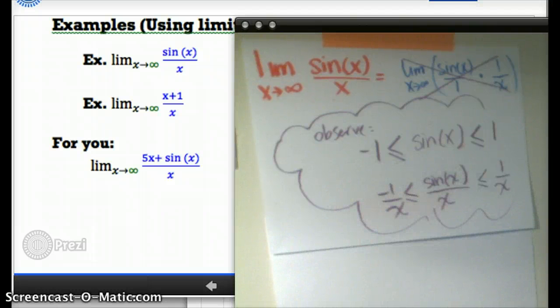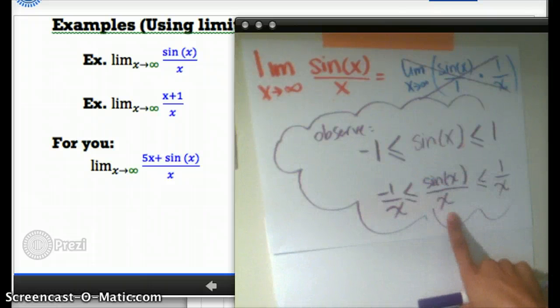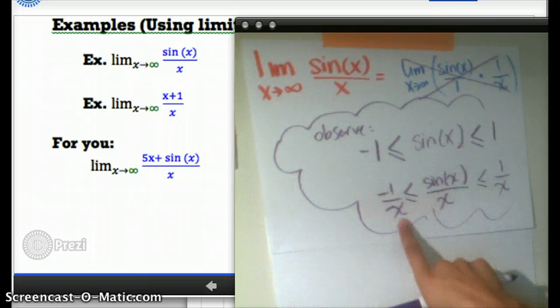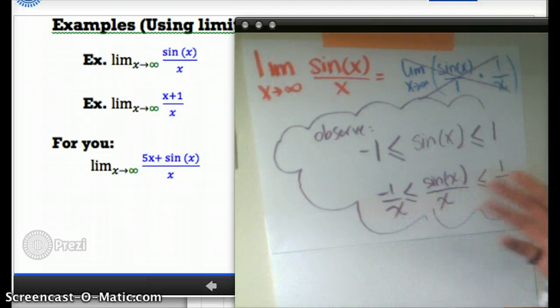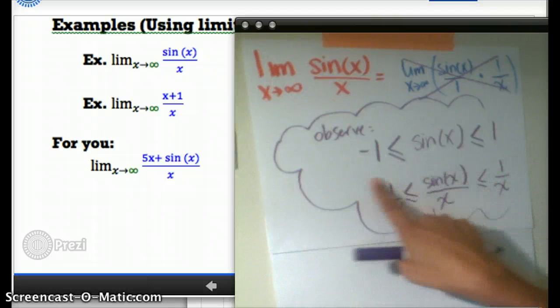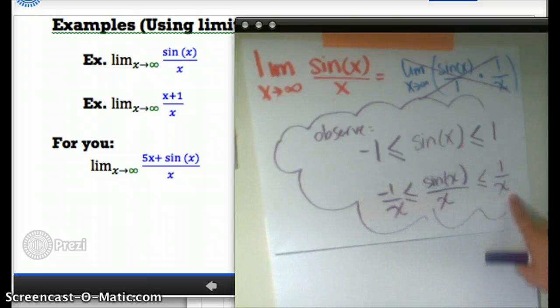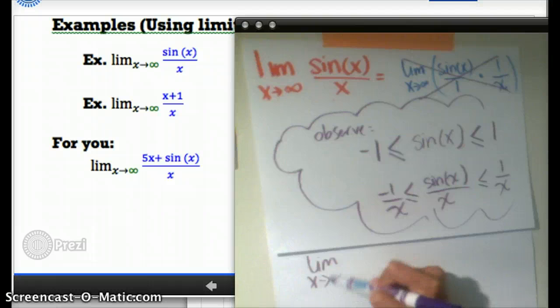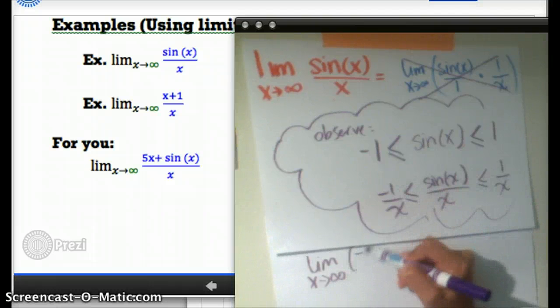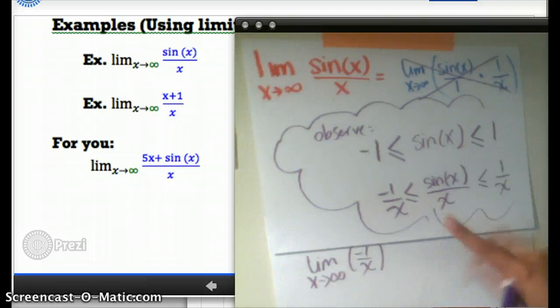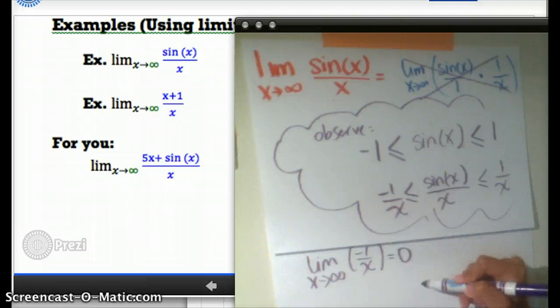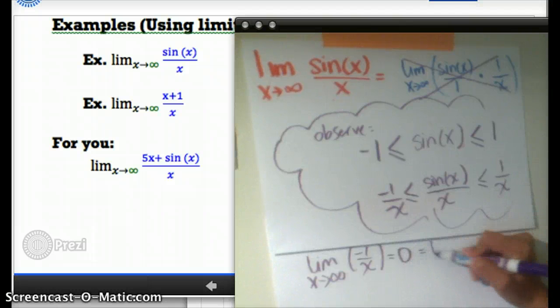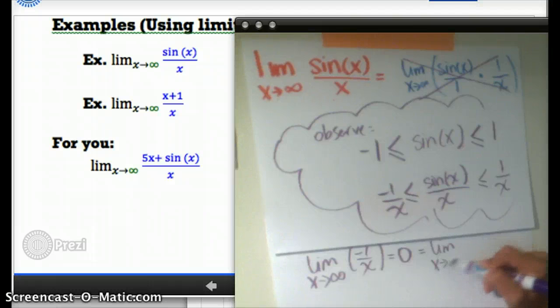The important part is that you're with me when I say that sine of x over x has to be greater than negative 1 over x for the same x value. We don't know what it is, but for any x value, this is going to be greater than this, and this is going to be less than this. And these are the exact conditions for the squeeze theorem, because the limit as x approaches infinity of negative 1 over x, which is just the reciprocal function reflected over the x-axis, is 0. And that also equals the limit as x approaches positive infinity